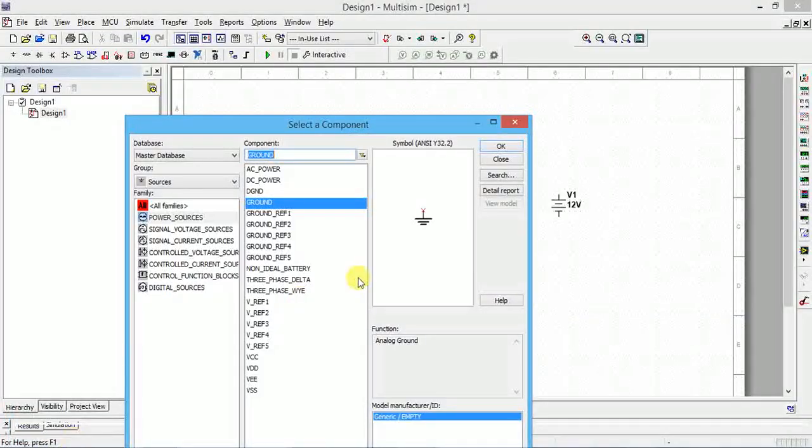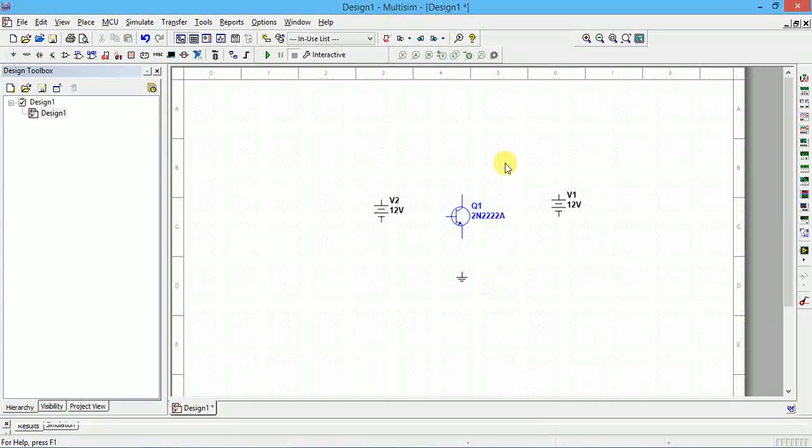Now close this. If you want to make the connection, you have to go to the edges. The transistor has three terminals: base, emitter, and collector. So go to this edge and connect here. After that, from here you cannot start. This is not an edge; this is actually a straight line, a corner.